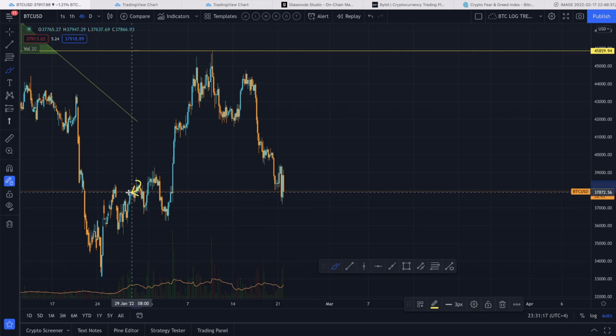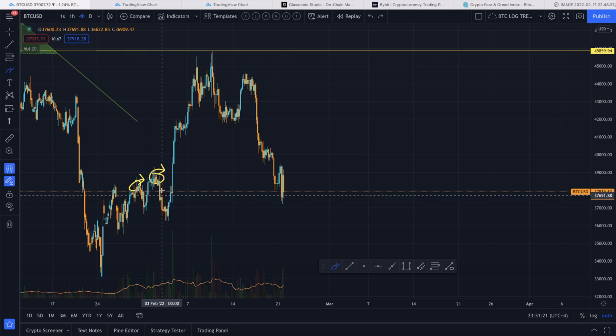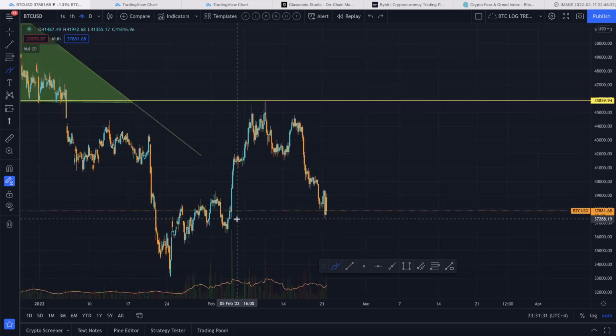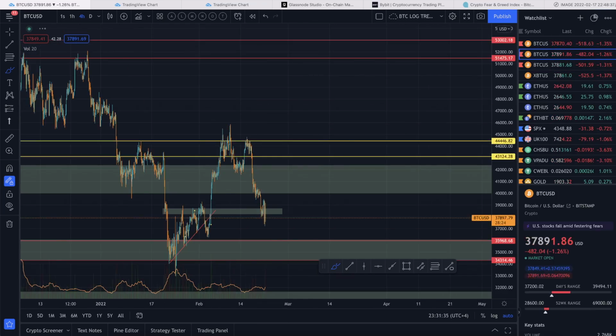If you take a look at this, we formed another relative double top right here, got a catastrophic, or at least what at the time looked like a fairly catastrophic drop down, but then we blasted right back up. Bitcoin actually does this quite a lot, and that's what the latter part of this video is going to be focusing on. But just for the moment, here's the thing, is that if Bitcoin does continue to drop lower, it's